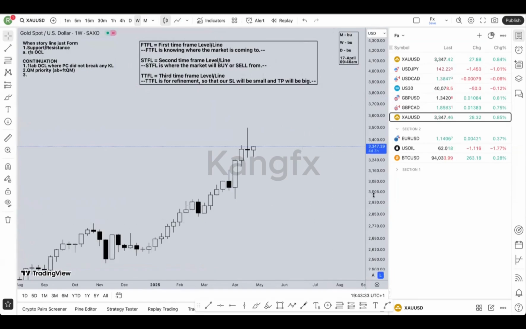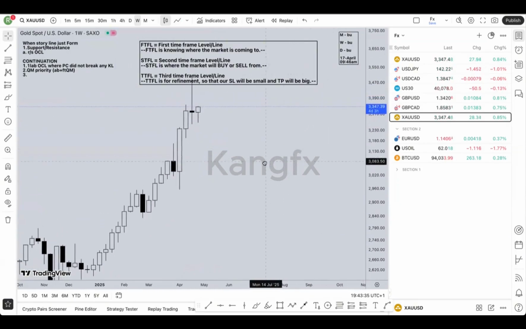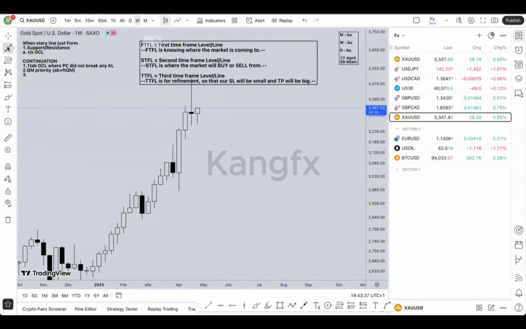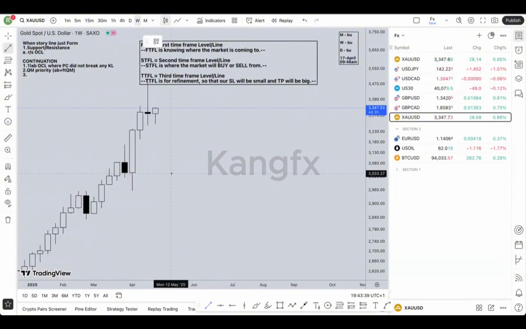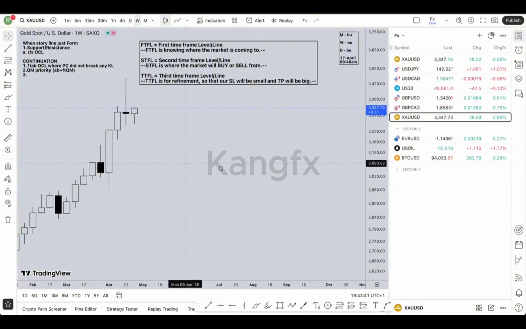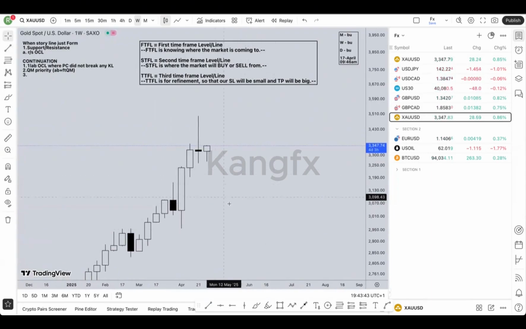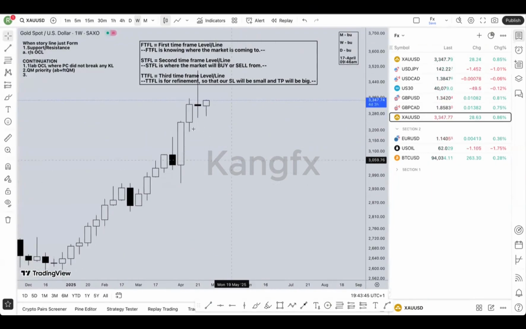When using STFL, after marking our first FTFL, I'll take here as our first FTFL, saying that we have a bullish storyline. Here, the market is bullish. So we're expecting the market to come to this support. Since the market is bullish, always expect the market to come to support or QM. So if I mark out this support here,